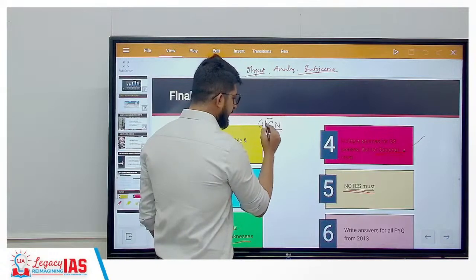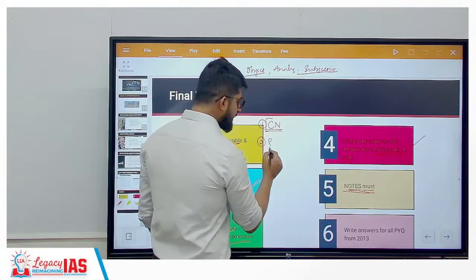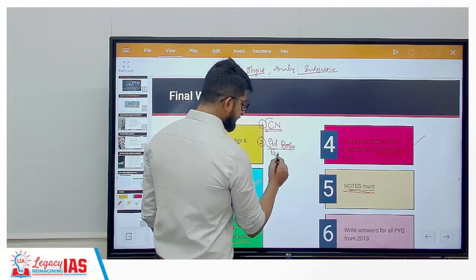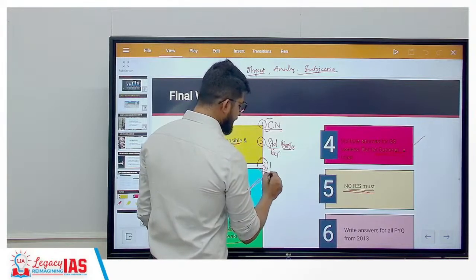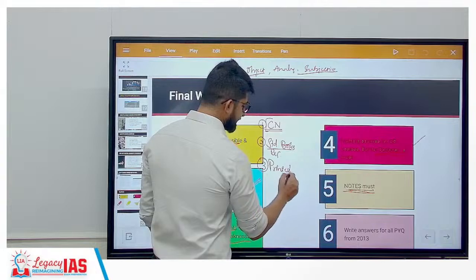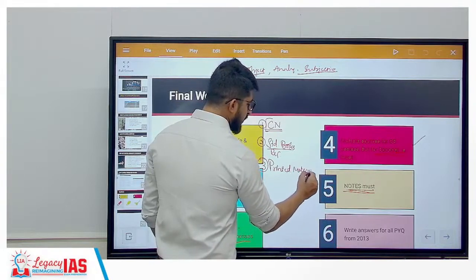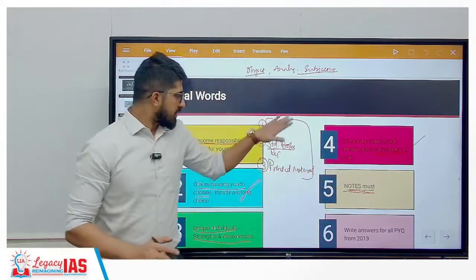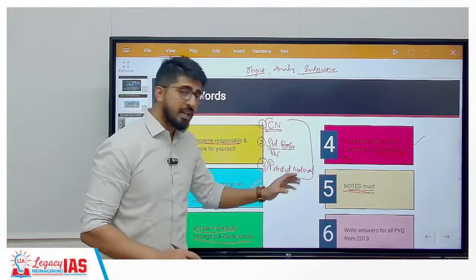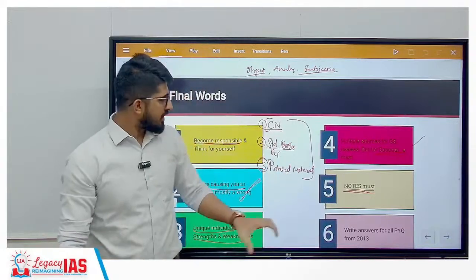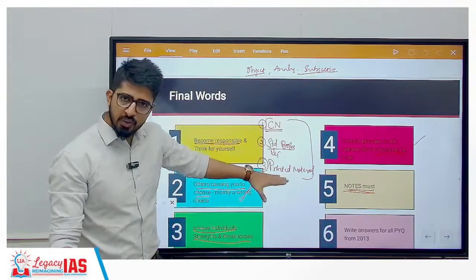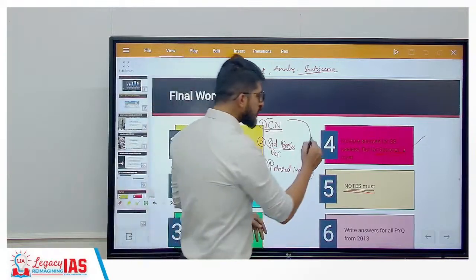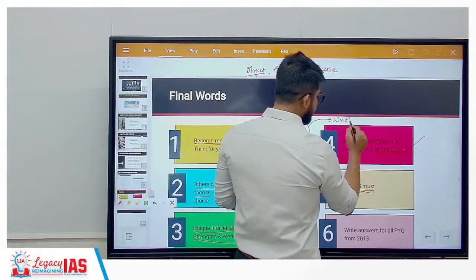Class notes, that is the first thing. Second, you have the standard books or the reference books. Thirdly, you may get some printed material as well. What you are supposed to do while making the notes is this. Once this is done, you go home, take that particular topic from the syllabus, search all these three sources, get the content, and put all the content in your new written notes.